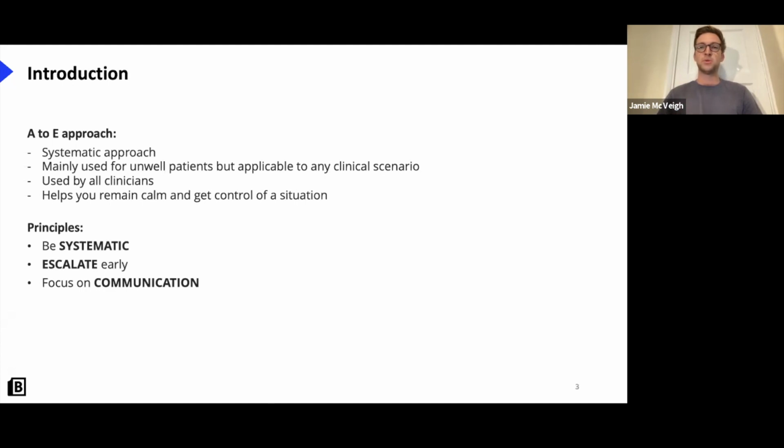Okay, there's always people, particularly as an F1. You'll have an SHO, you'll have a registrar, you'll have a consultant. Even in the middle of the night, someone will be there to answer the phone. Okay. And the last thing is it's really important to focus on communication, particularly in an acute setting, be it